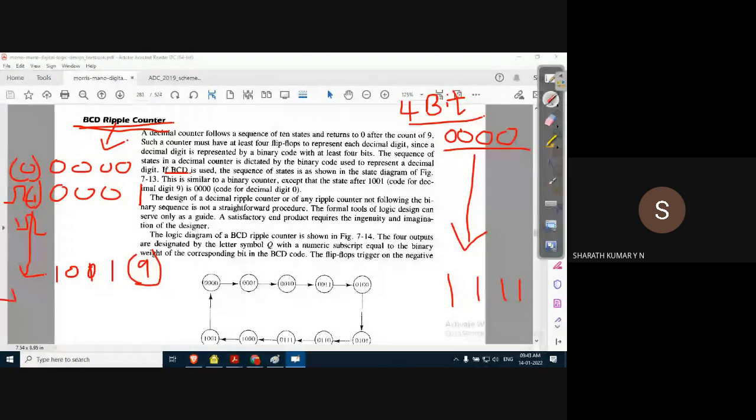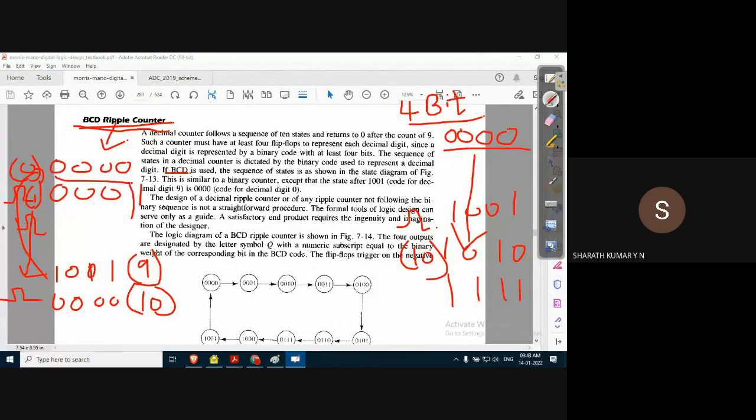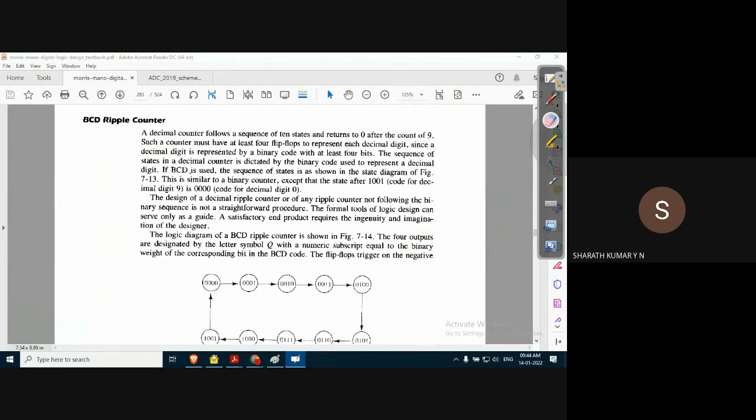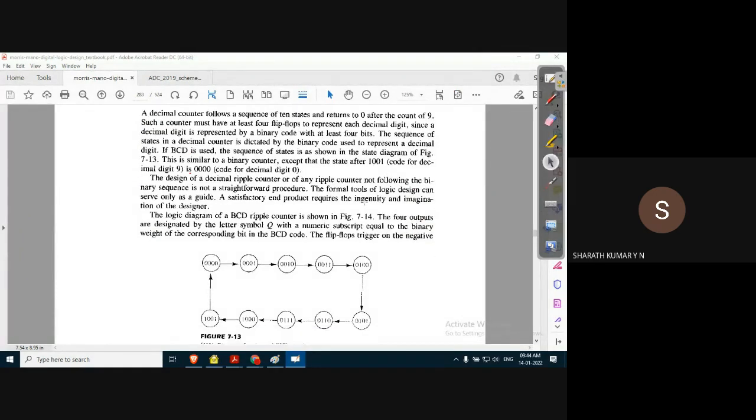On the application of the next clock pulse, in a normal binary counter, after 1001 it will become 1010, which corresponds to decimal 10. But BCD cannot go to decimal 10. It should go back to 0000, that means it should repeat, and reach the final count of 1001. That means we should stop the counter from going to the invalid state of 10 in a BCD ripple counter.